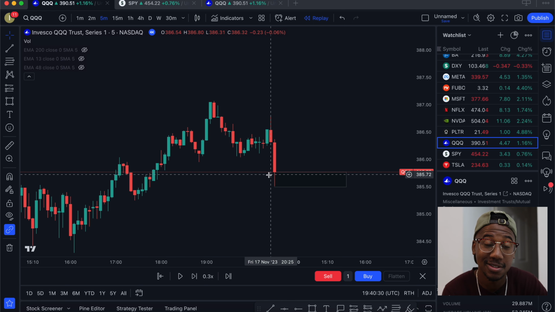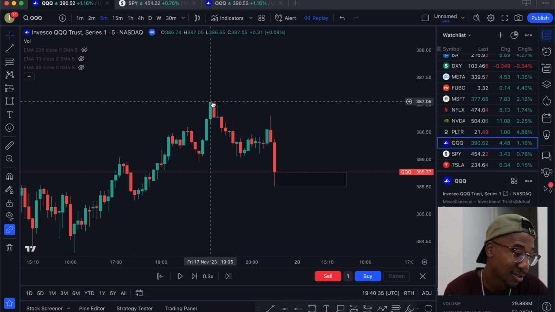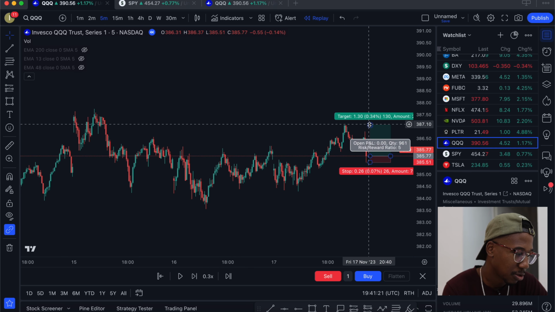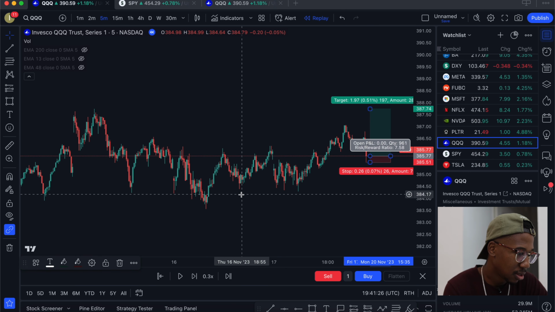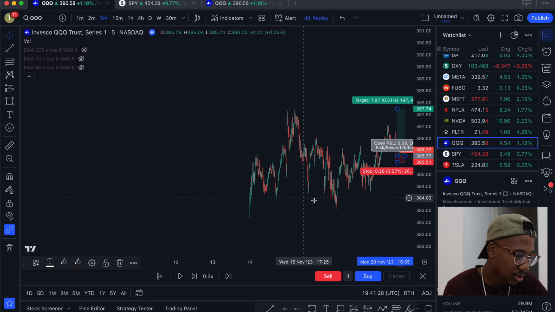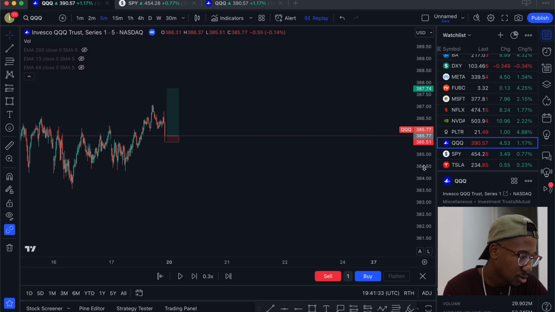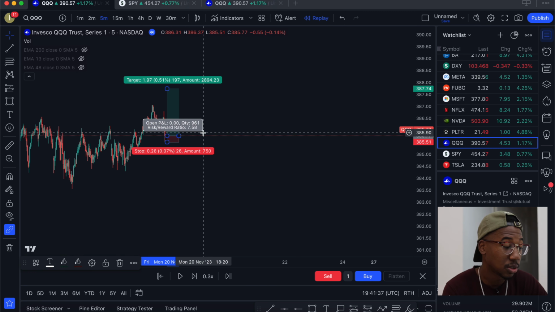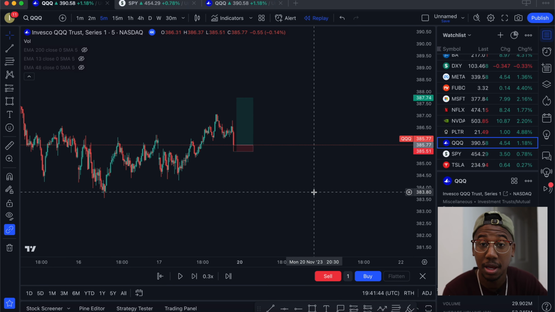And then trading this being a sniper, we're going to target the top of the last structure, which is over here at 387. So that's about a $1.30 move. And actually I'm on the 5 minute, so I would set my target up here just because it did some consolidating. But yeah, I would set my target right there. And right there we have a 7-to-1 risk to reward. And that is how I would plan to take my trade.